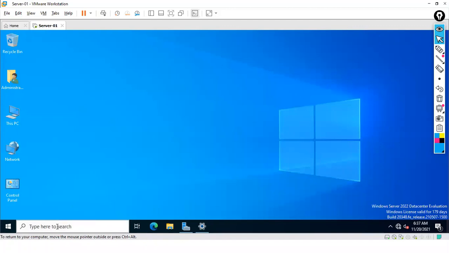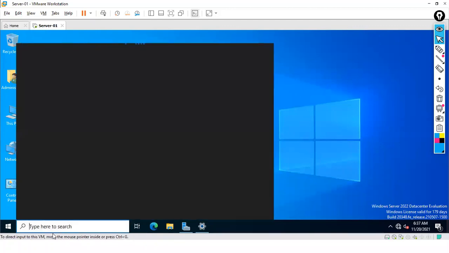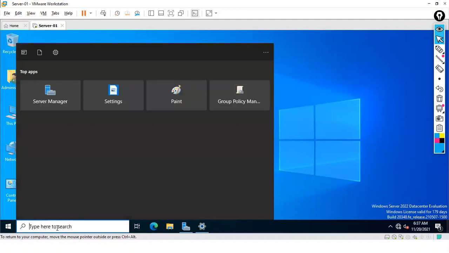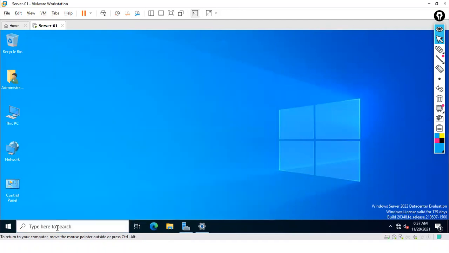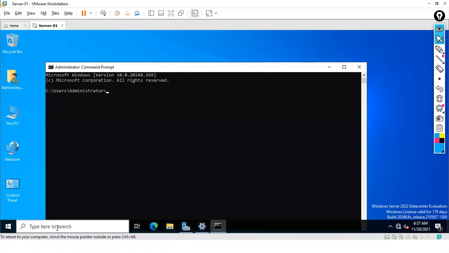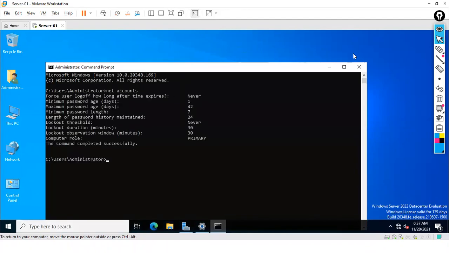We'll go to Command Prompt. Then we'll type this command, net accounts. So if you see here, the computer role is primary, which means this is the domain controller. Okay, so if you see this primary,